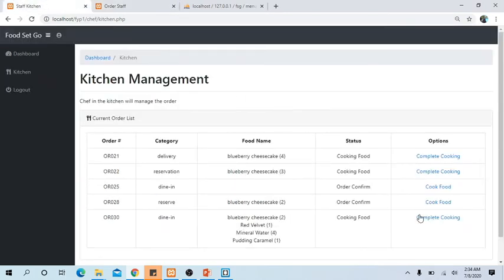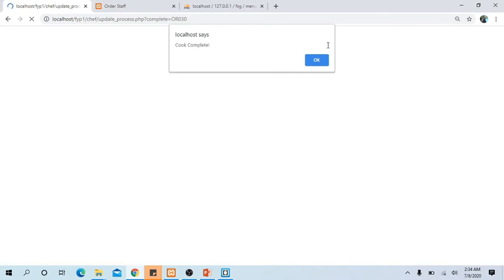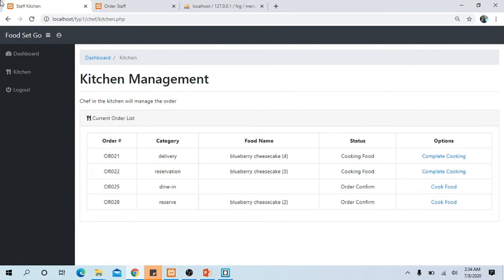Then complete cooking. When the chef has already done the cooking, the chef will push the notification to the waiter, and then click OK, and